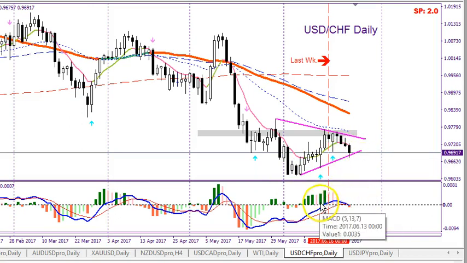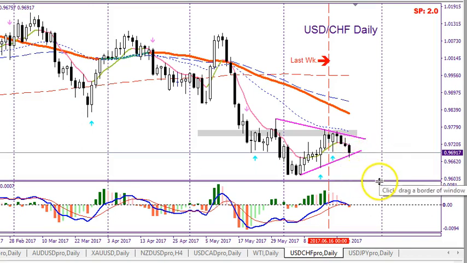You can see the MACD line. This is interesting. This blue MACD line is now curled slightly below the zero. We have one red momentum bar. So again, be very careful, wait and see. And if we think price is going to go lower, we may want to sell below 0.9672 to the downside. If we think price is going to go higher, buy above 0.9724 to the upside.